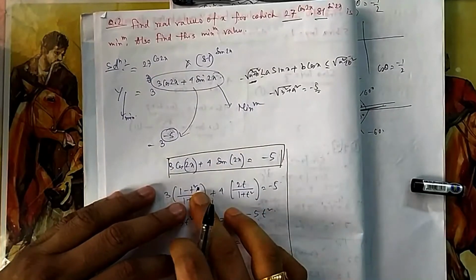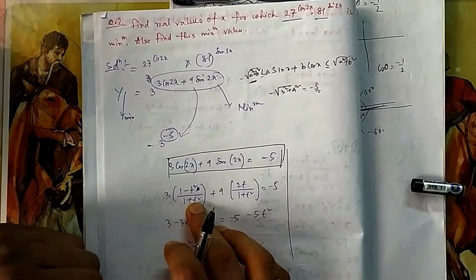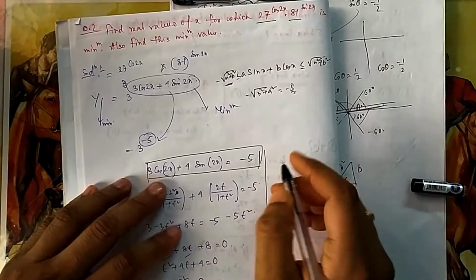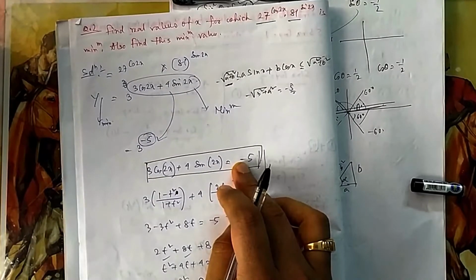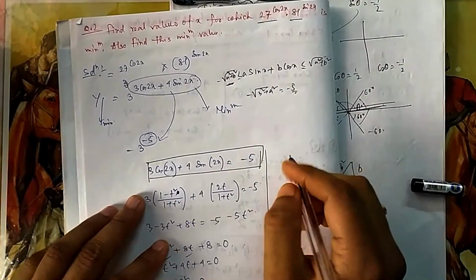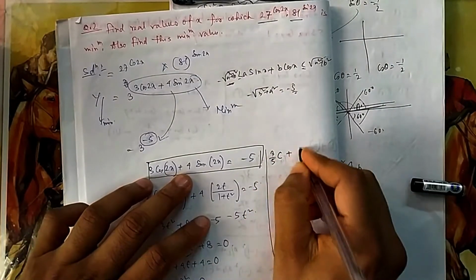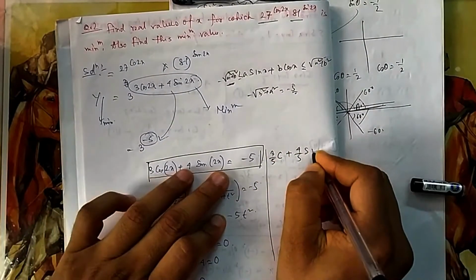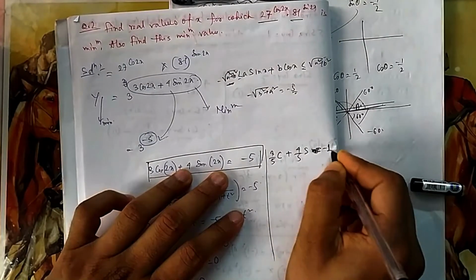So here it is done. I have done it using the tan theta format, cos 2 theta equals 1 minus tan square by 1 plus tan square. You can use that standard formula which we have given. For this type of format, a sin x plus b cos x equal to c, we will divide both sides by under root a square plus b square. So if you divide both sides, it will be 3 by 5 cos, and 4 by 5 sin, equal to minus 1. You can use this one.